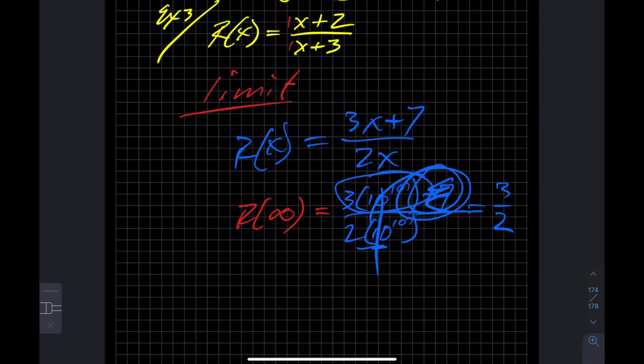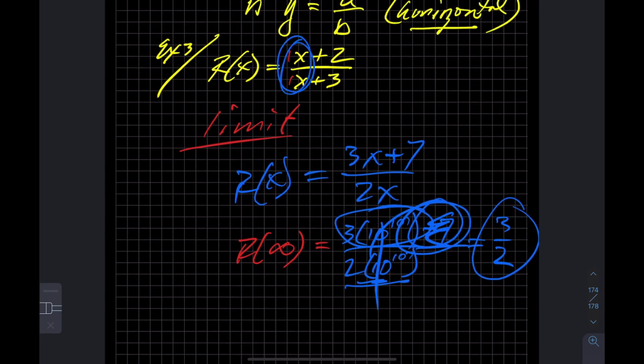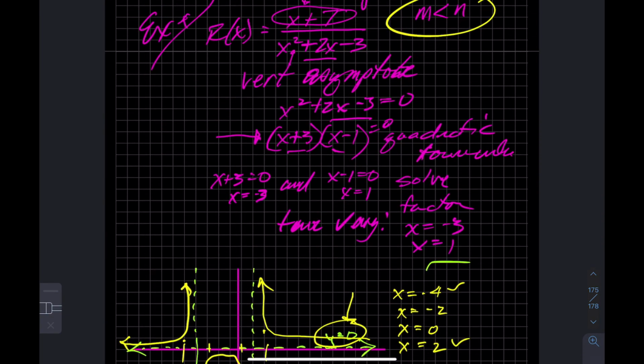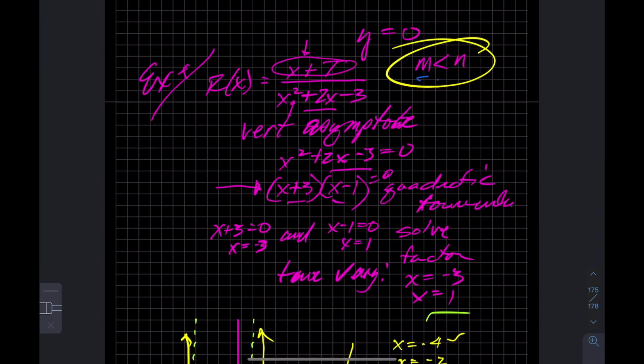Okay? I'm over by infinity. So infinity divided by infinity becomes 1. But 3 infinities divided by 2 infinities is 3 over 2. Okay? So that's if these two have the same degree. Okay? If I have a degree where m is greater than n, or m is less than n,